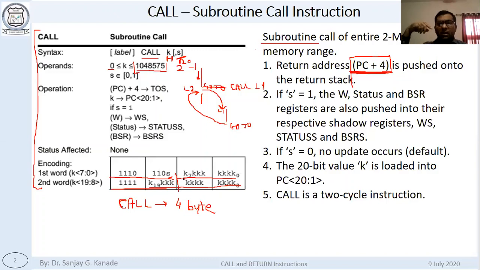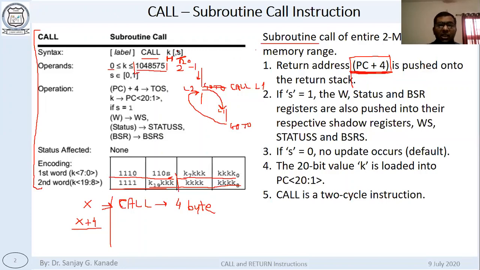If the address of this call is X, means at X location, if call is written, then the next instruction will be written at X plus 4, right? Because the call itself is going to take 4 locations. That's why the next instruction is written at X plus 4. So this address of the next instruction to be executed in the original sequence will go to stack. Okay.